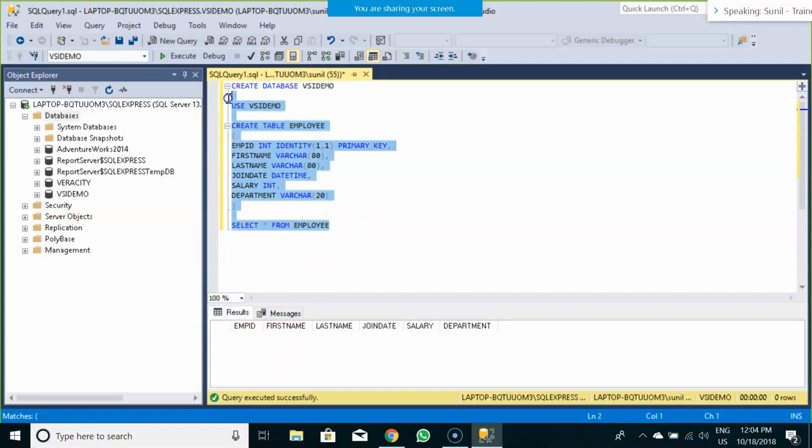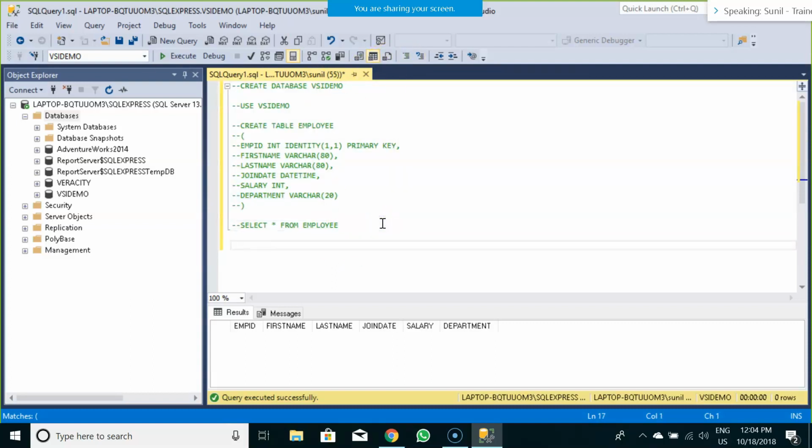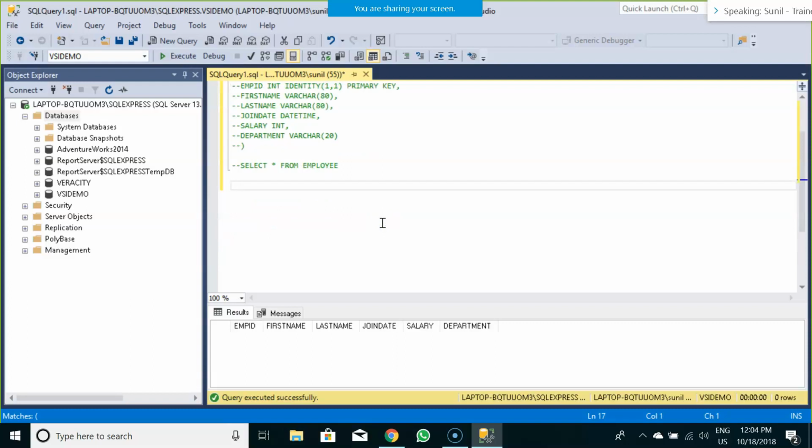Next, what I'm going to do is comment out everything, and I'm going to insert some of the information into this employee table.